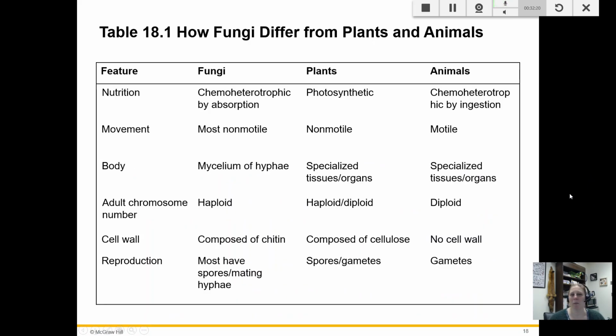Okay. This is just a quick comparison of fungi, plants, and animals. I do suggest looking at that because that would help you fill in some of those tables. And that is it for chapter